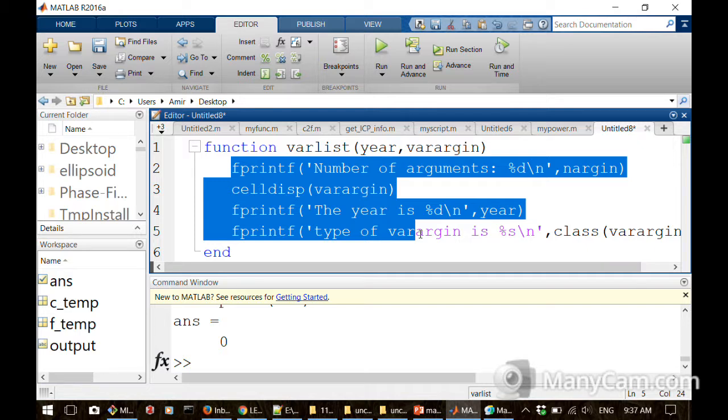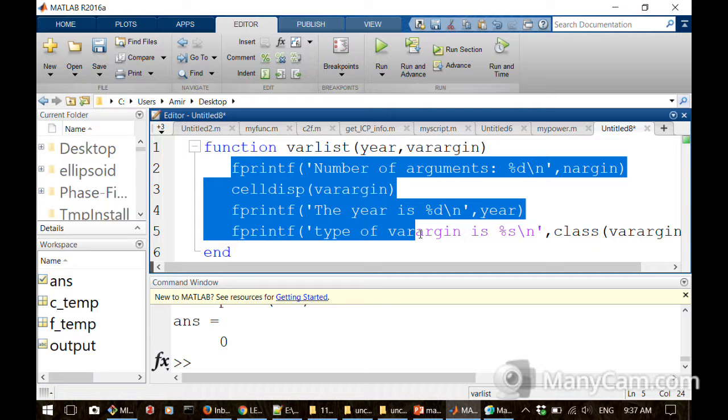Your function should always work with input arguments and output arguments, nothing else. It should not change anything else, and should not change the behavior of the program. With printing, it's fine, because printing messages is not something serious. But if you, for example, try to change the value of a global variable, the variable that is defined inside the function and also outside the function, which we will get to soon, then